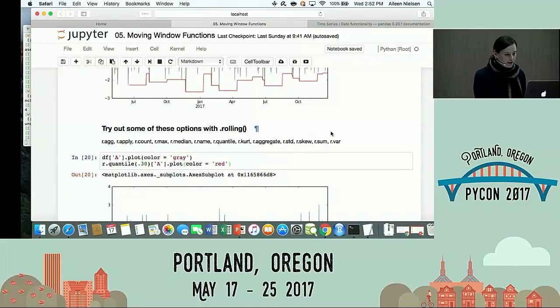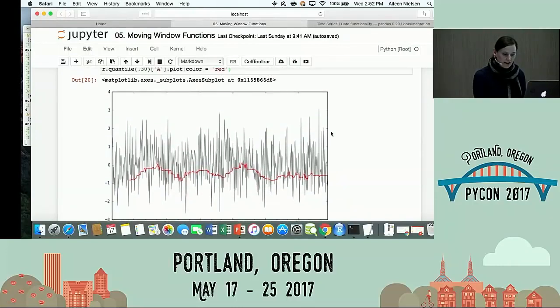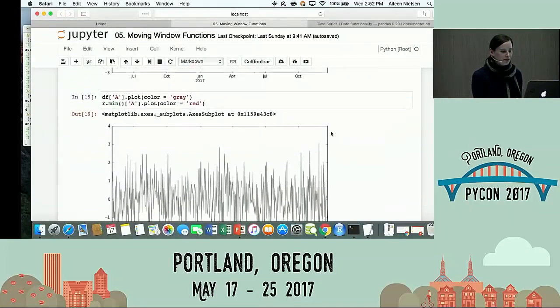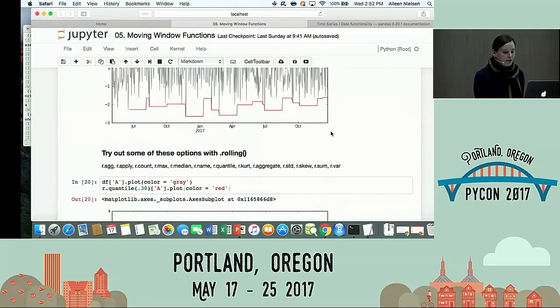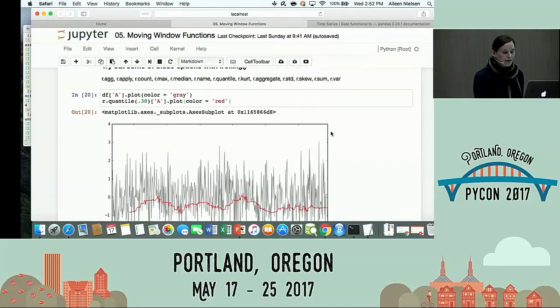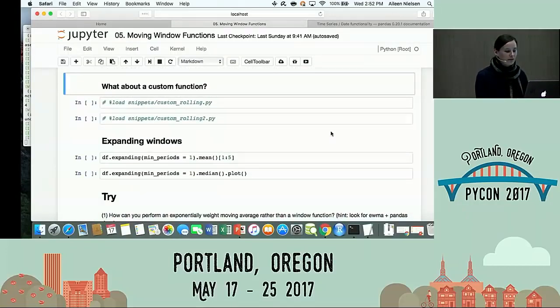So for my rolling object, I applied the quantile function at the 30th percentile, and this is an interesting way to get a happy medium between something that jumps around a lot and something that's really smooth, where it seems like no individual data point contributes. Anyone see anything they want to share? Anything interesting? Okay, not so much. So it's good to be aware of the rolling function, just like a group by, for whatever statistic you want to use to summarize.